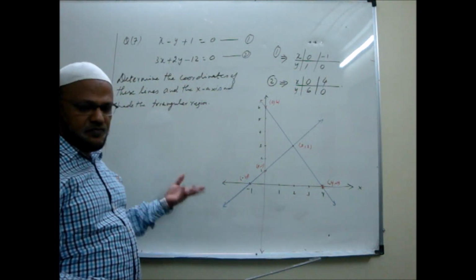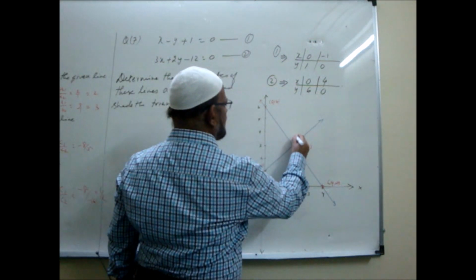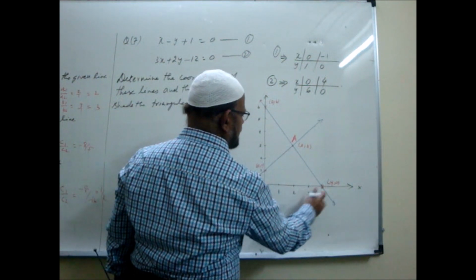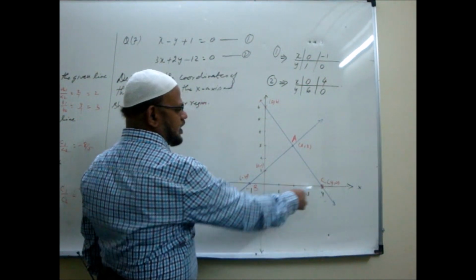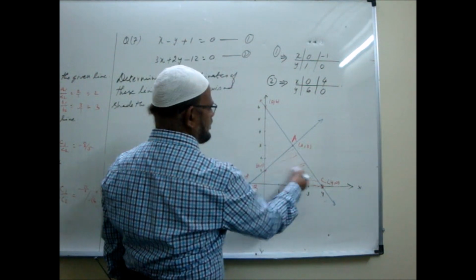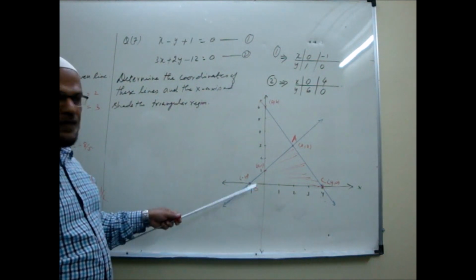That also note down. We are not taking it, but note it down. And you are getting a triangular region. This is A, B, C. You can name the triangle. The question asks you to shade this triangle. Just shade it any way. Okay, this is what the question asks. Next, you have to complete up to this.